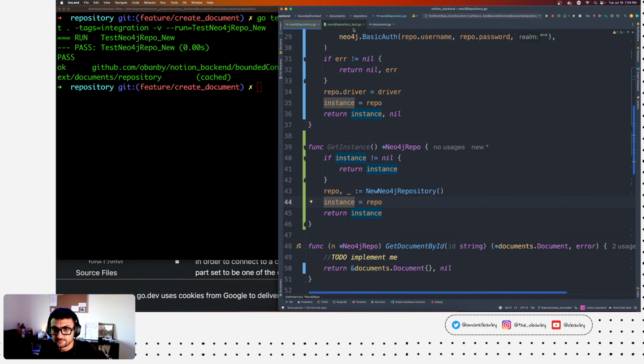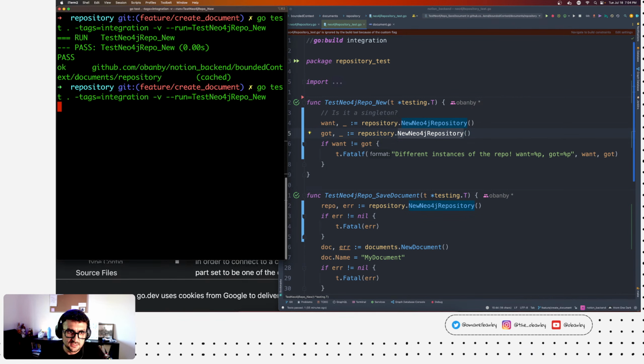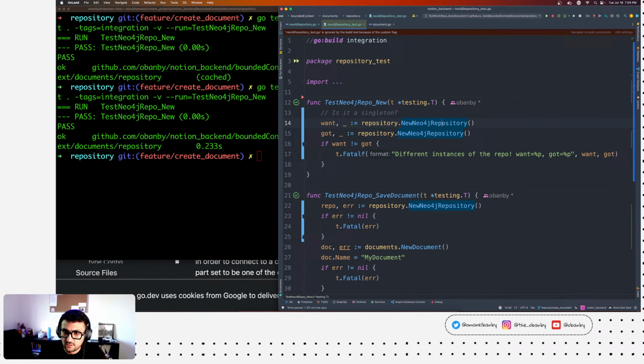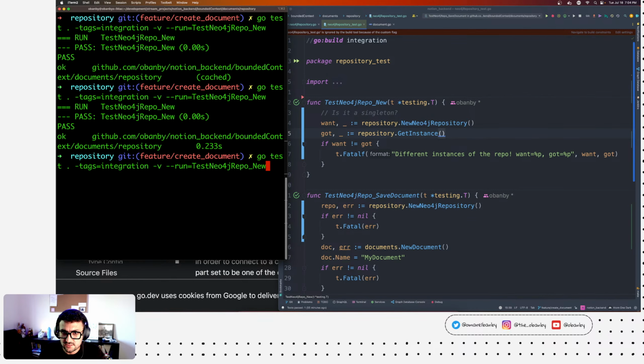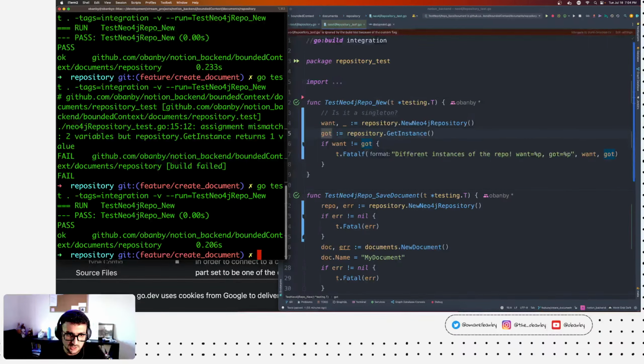Right, so now I can go and say new Neo4j repository, all of that. Let's see, is it the same? Great. And now if I also do get instance, would it still be the same? But now I'm trying to compare two, but I only get one. Same thing.